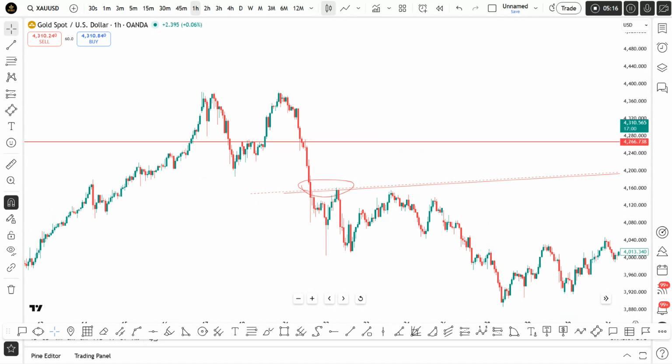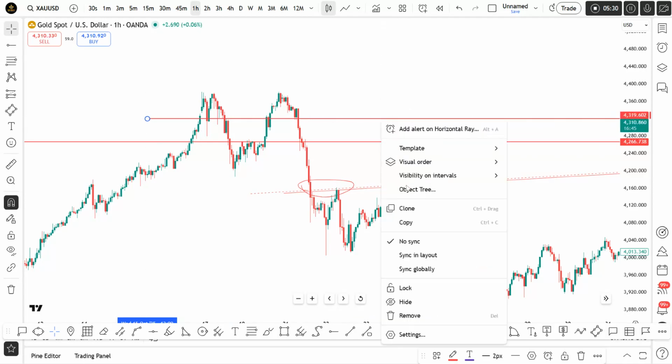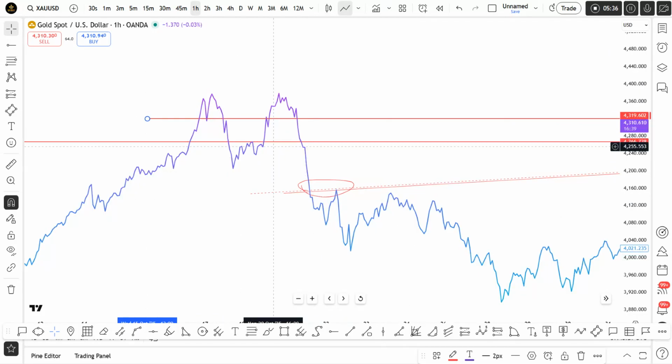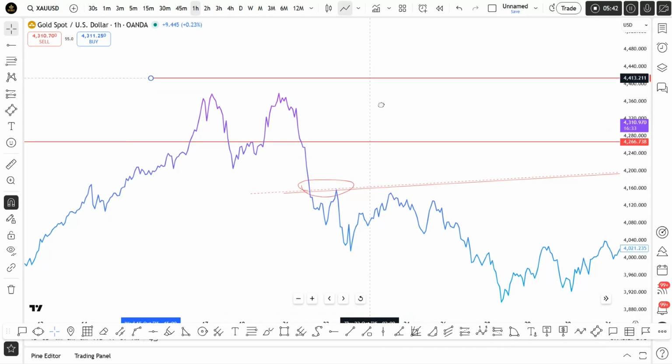The structure we have found in 1 hour is very clear. At 19 level, but to put it into perspective, the structure, if we want to keep the structure clean, then most likely this is not a horizontal structure. So we'll put it by the side